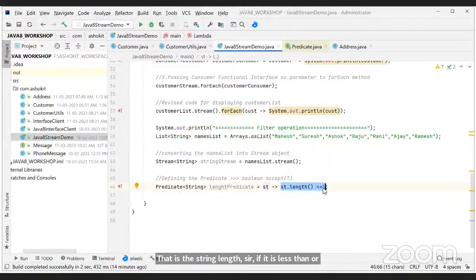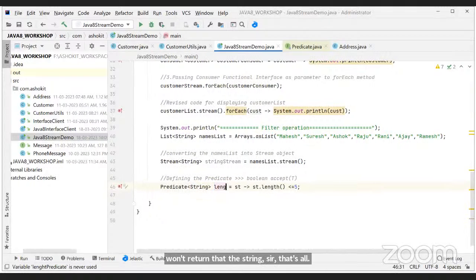Whatever input you receive here as st, each string, if that st length is less than or equal to 5, it will return that string. If the length is greater than 5, it won't return that string, sir.